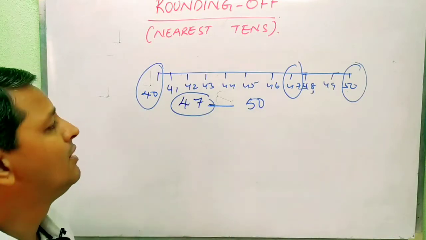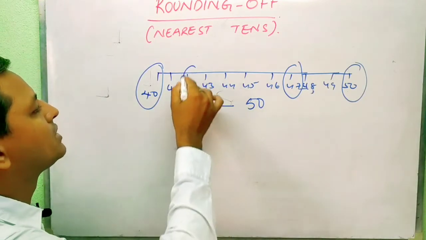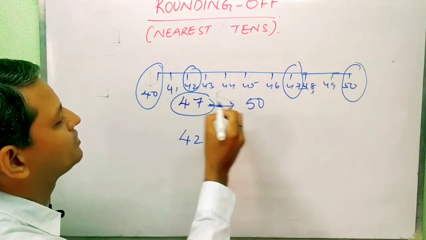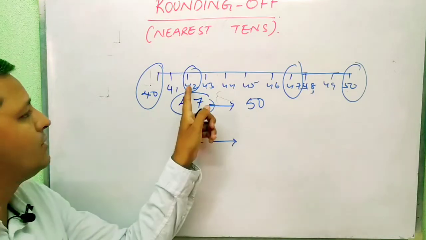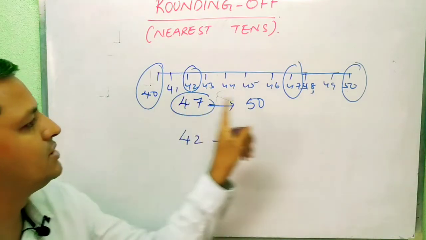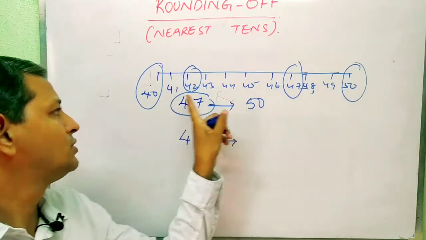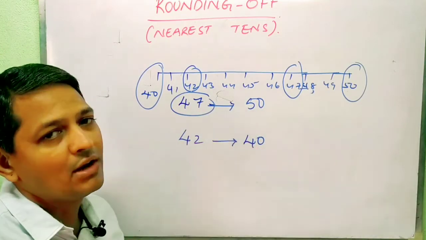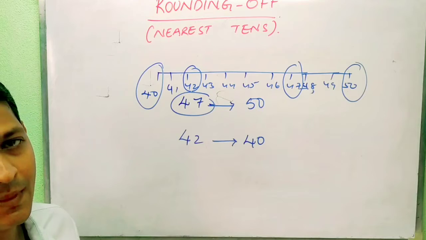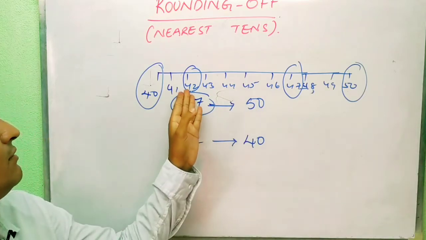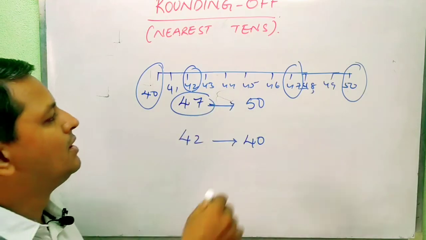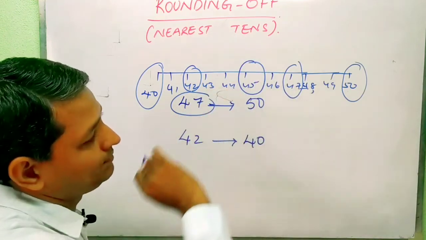In the same way, if you want to round off 42 to its nearest 10, now 42 is close to which 10? Is it close to 40 or is it close to 50? It is close to 40. So when 42 is rounded off to its nearest 10, we get 40. Now it is okay if it is 41, it is close to 40, 43 is close to 40, 44 is close to 40. But if it is 45,